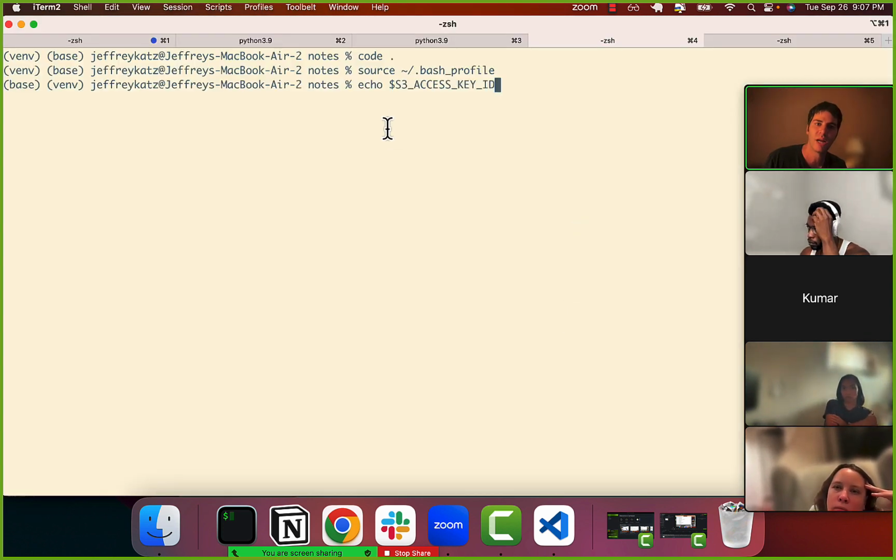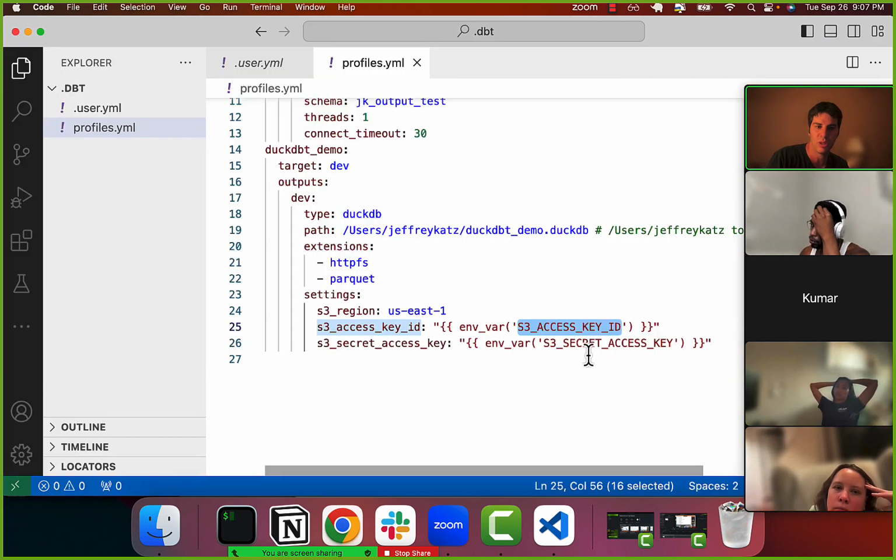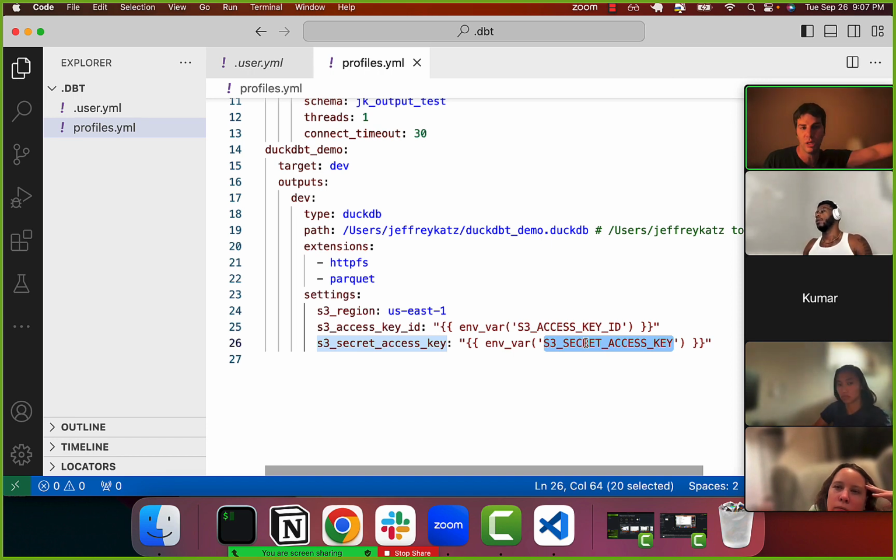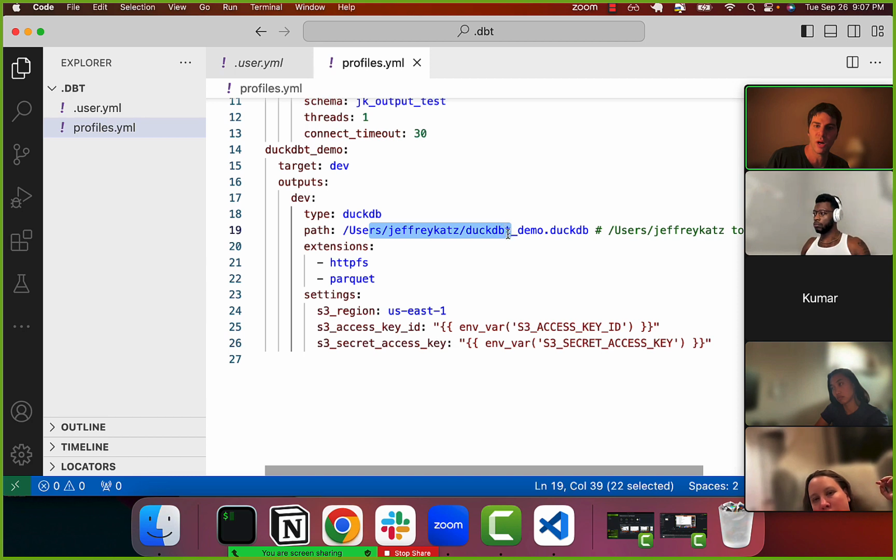If you see this print out, you know it's there. And then you'll do the same thing with this one right here. So that's what's going to allow you to read from S3. This is for writing to a specific DuckDB database